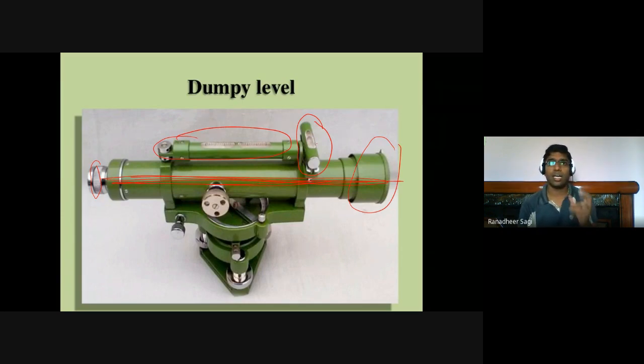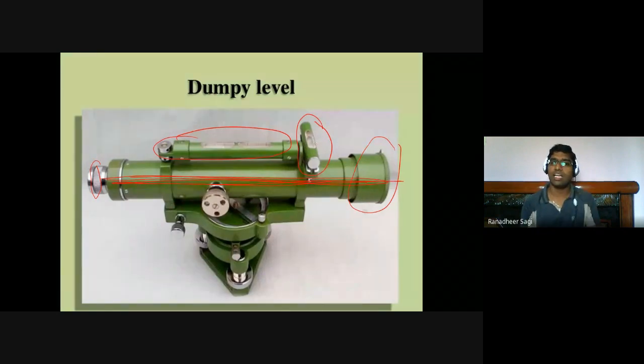Just by placing your telescope in one direction, it's not that my bubble tube is there in the center. That's not the way of understanding the instrument has proper leveling. Irrespective of how you orient your telescope, anywhere how you hold it, your bubble tube should compulsorily be in the center. If it is in the center, irrespective of the position of your telescope about this vertical axis, only then will you say your instrument is properly leveled.